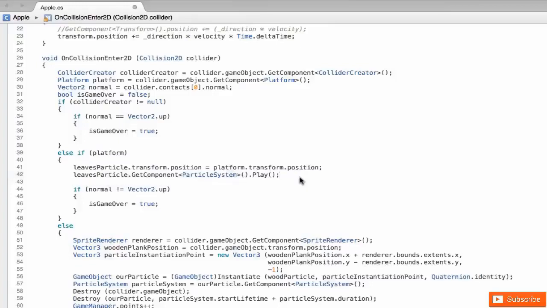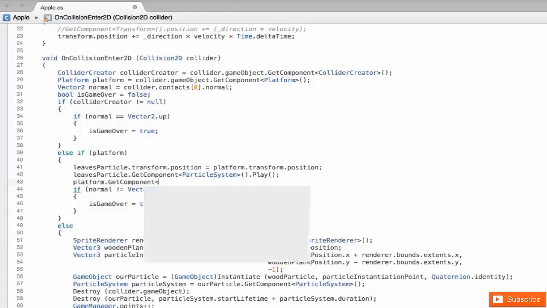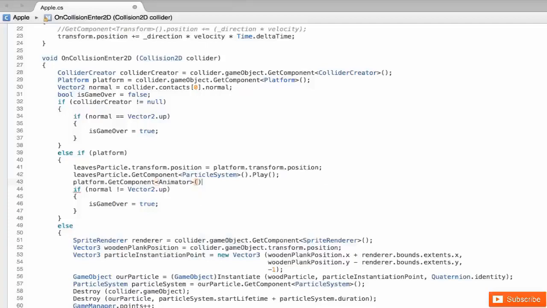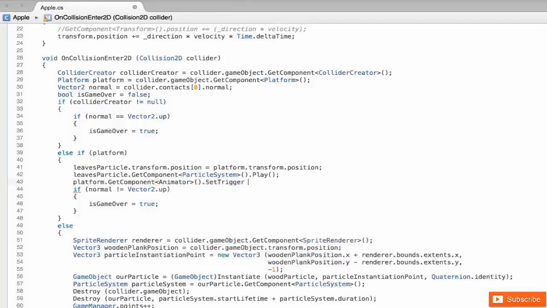So I'm going to go to platform. I'm going to get a component from the platform, which is the animator, and I'm going to say set trigger. And this is basically going to set the trigger to true. So it's going to enable that animation to be played. And the trigger name is